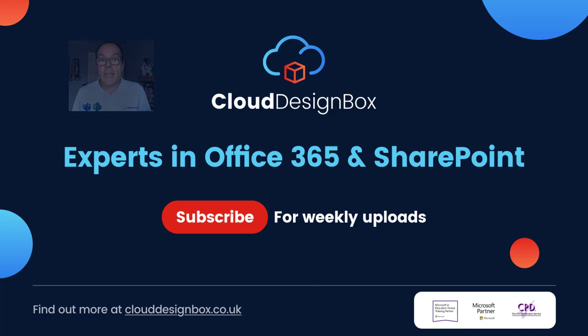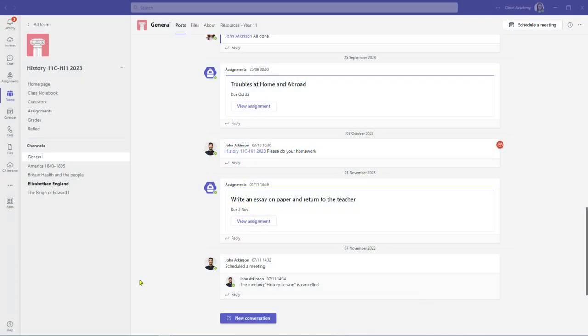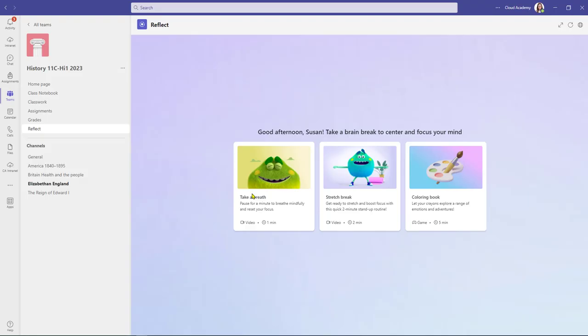So let's get over into Teams. Here we are in Teams. We're in the student view, so we're logged in today as Susan. We're in the general channel and we need to go into Reflect. If there's any outstanding Reflect check-ins for Susan to do, they'll be displayed. However, they're all completed and all we need to look at now is the 4 activities that are available to